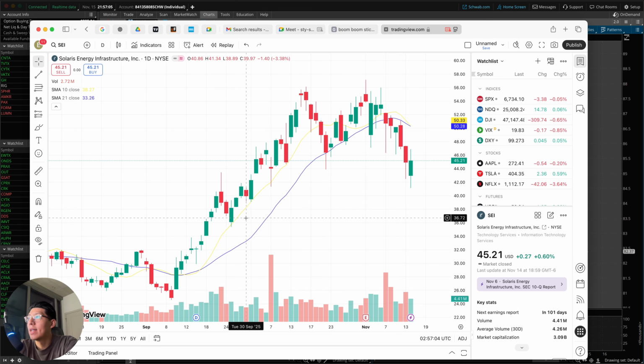Imagine we're still in the daily time frame. Last thing, it was on this day, as you can see right here, this volume, including this volume on the second day, I actually added two positions. These volumes right here are buying volumes, way greater than the other days. So I said, fuck it. I went in right here, and then I was up a good amount on the second day.